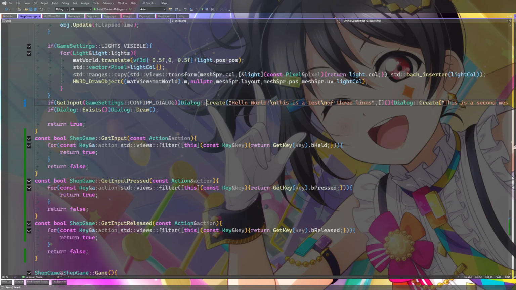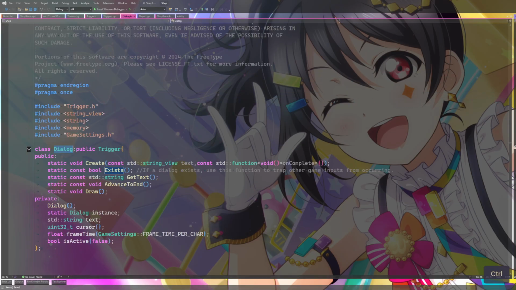So any of those keys I press should do this. Any of those keys I press while the dialog is created should advance it as well. So in here, in draw, which is also the update, I should change this to update and draw. I get confused when it only says draw. And then we can say if get input, inaccessible, oops.